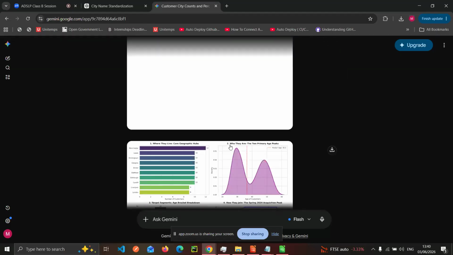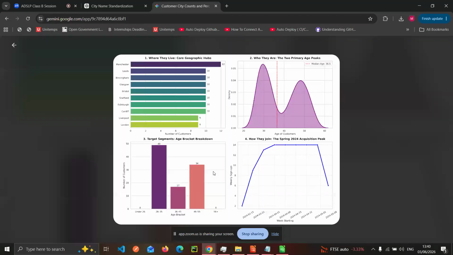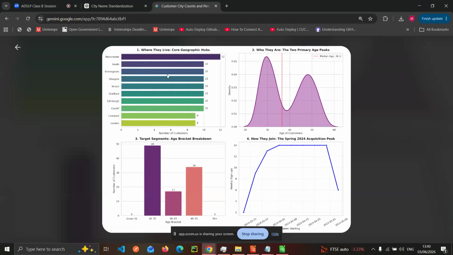So let me just, why my mouse keeps doing this. So we could see here, number one, where they live, called geographic hubs. From here, we see that the city with the largest number of customers is Manchester, with 12, followed by Leeds and London.